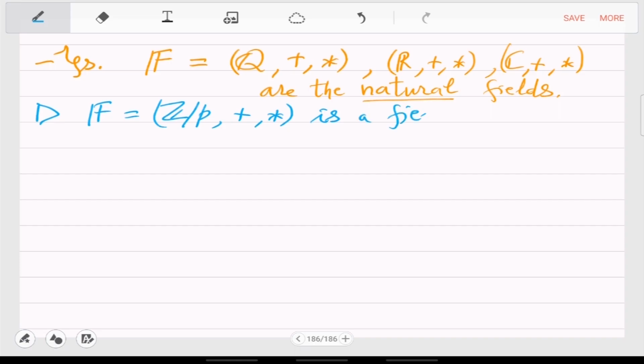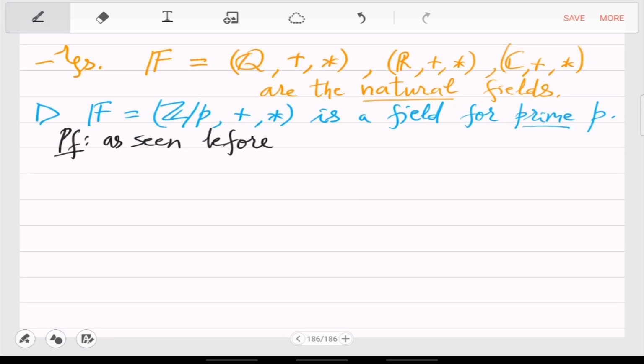This is a field for prime P. Right, because there is 0, there is 1, you can add, you can multiply, you can divide, and there is this distribution. So this is seen before. You can check all the axioms, everything will work. So this is a more unnatural field,